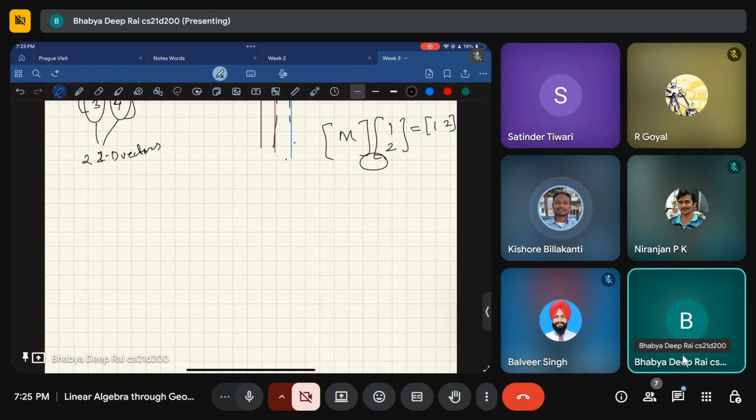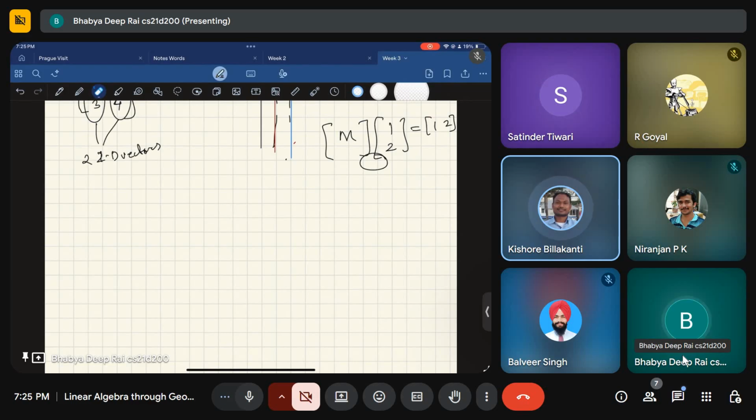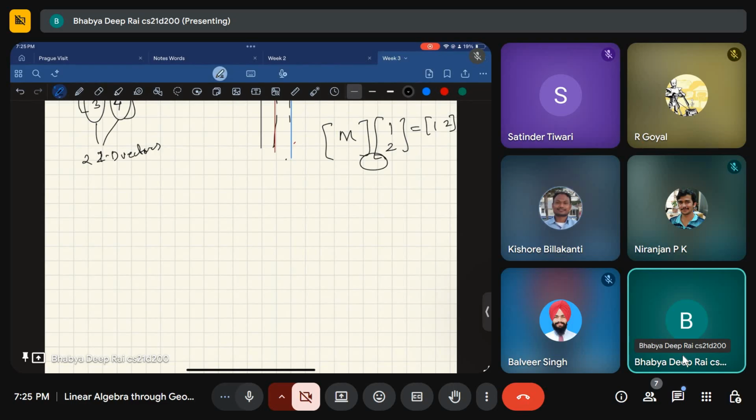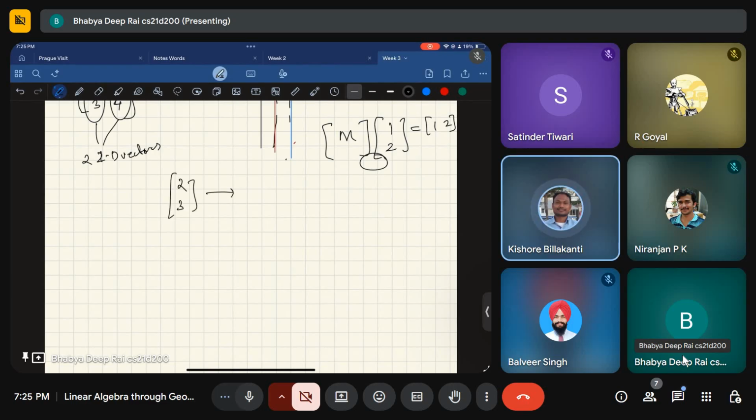One suggestion, one idea I just got. See, let us suppose vector 2 3 is there and we transpose it. It becomes a row vector 2 3. So how can we plot? What can be done is, draw a line segment from zero to the 2, 3 point. First locate the 2, 3 point.